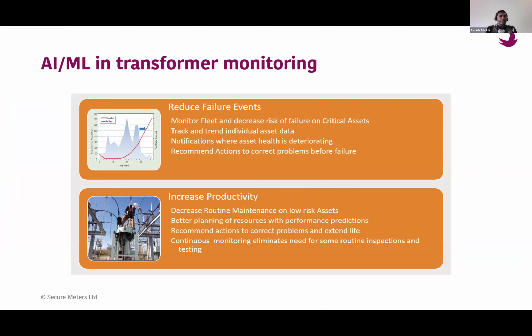So basically, you reduce your failure events because you are monitoring, you are assessing the risk, you are informing what the trend is and when this may fail, and if we can notify that it's going to fail, then proper actions can be taken. With technology, you can imagine a lot of technologies we have talked about. You need good sensors, good communication, good machine learning or mathematical models, and then of course other things like IT infrastructure.